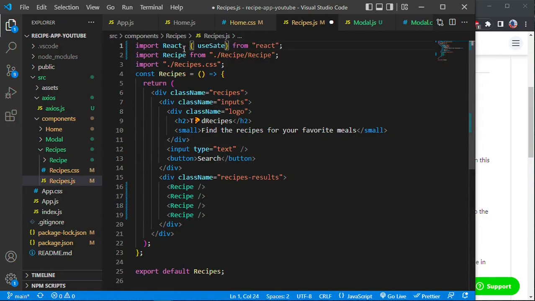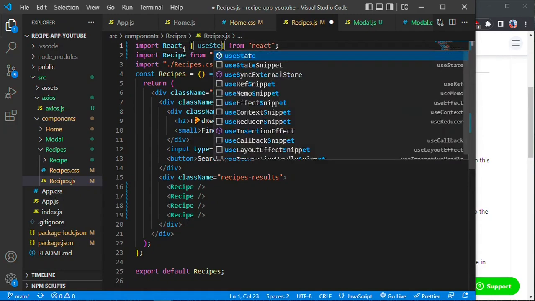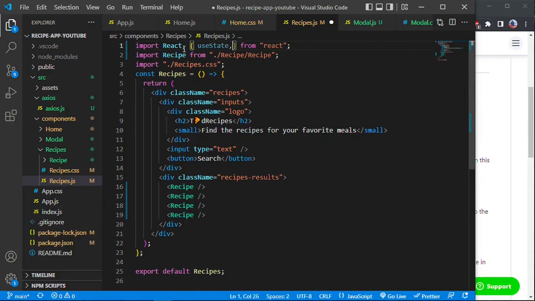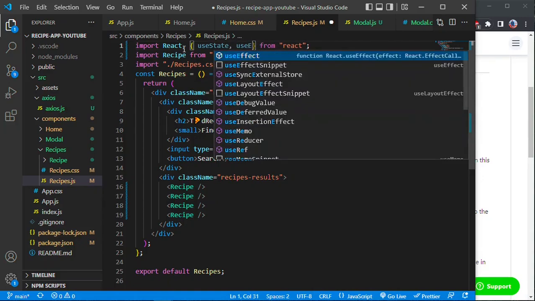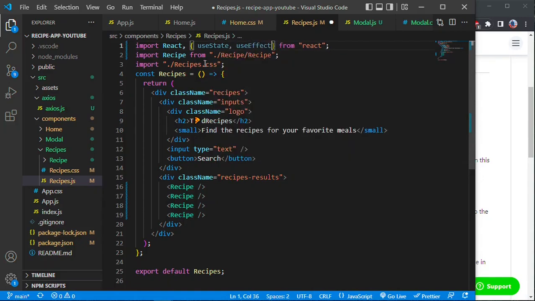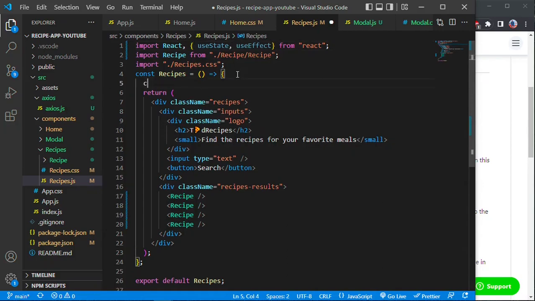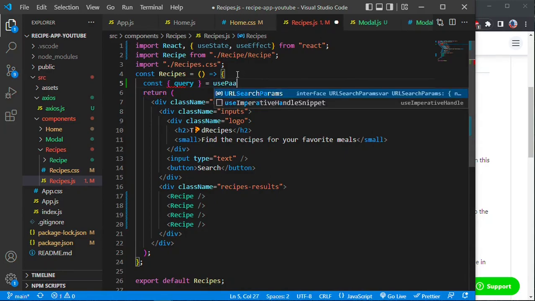Use state. And we're also gonna use the use effect. Cool. So we need to grab the query from use params hook, which comes with the